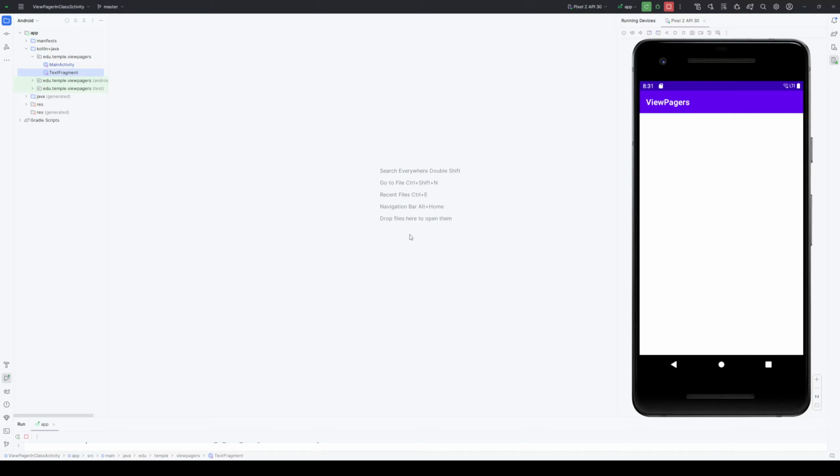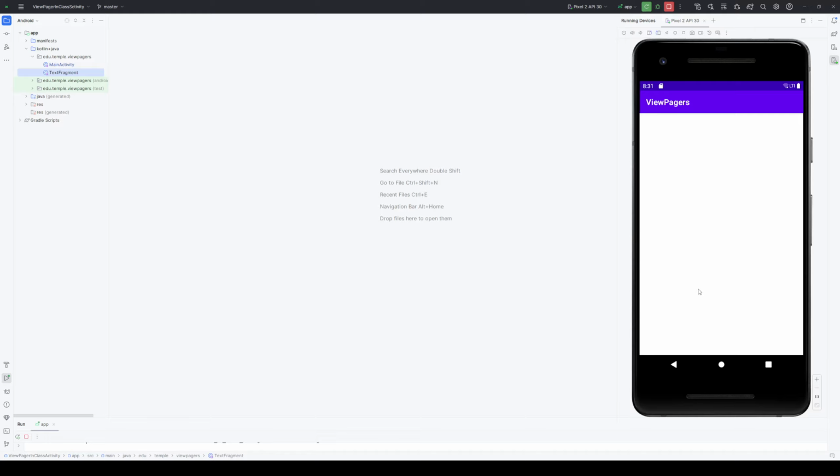Let's take a quick look at view pagers. A view pager is a view in Android that allows a user to use the swipe gesture to move through a collection of fragments. So a simple and common use case might be a photo display application where the application has a collection of photographs, and to allow the user to view those photographs one at a time, you can